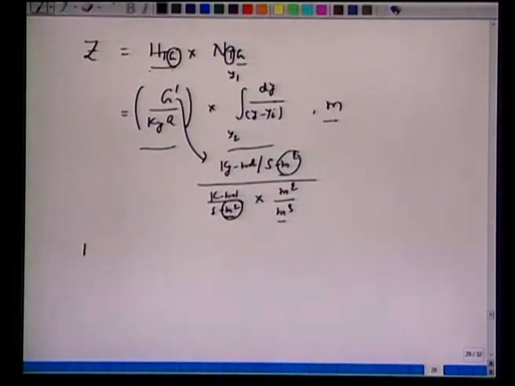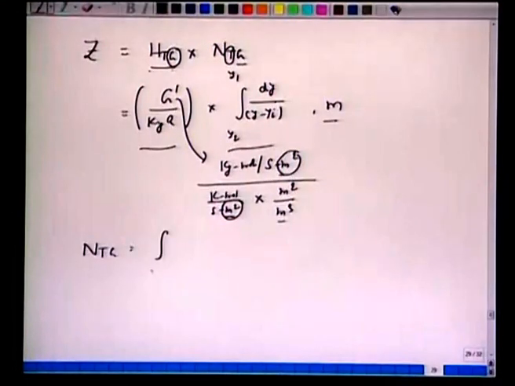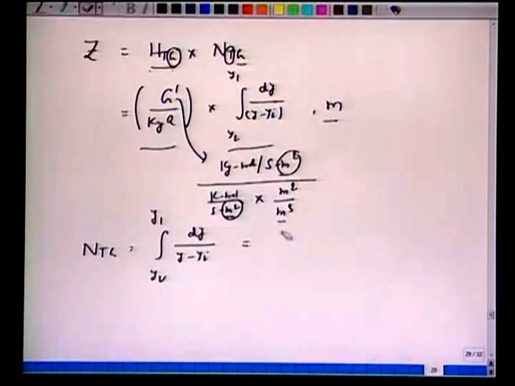Let us conclude this section, today's lecture, with the physical meaning of height of a transfer unit and number of transfer units. Okay. Of course, the total height we understand, we require say 5 meters to rectify or to purify our gas from y1 to y2. But what is number of transfer units and what is height of a transfer unit? Look at the expression for number of transfer units. This NTG is integral y2 to y1 dy over (y minus yi). If we make this integration, we can also write it as (y1 minus y2) over (y minus yi) average.